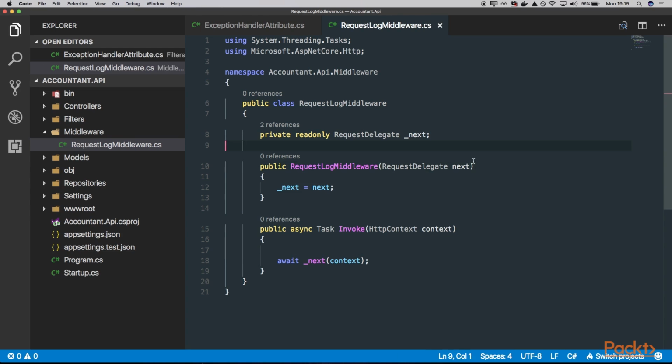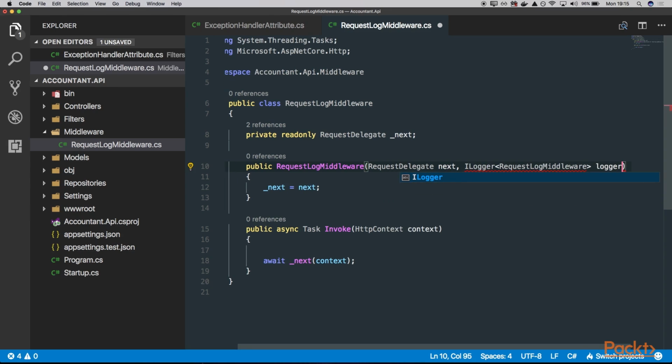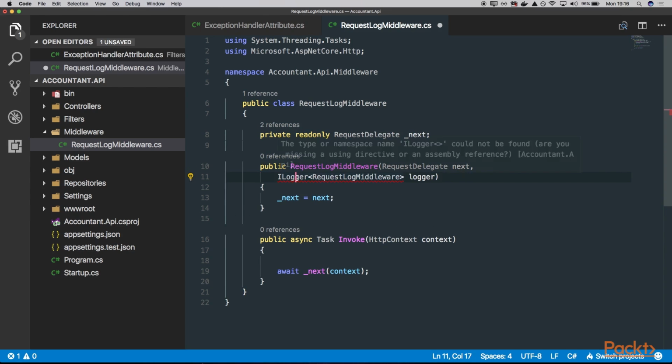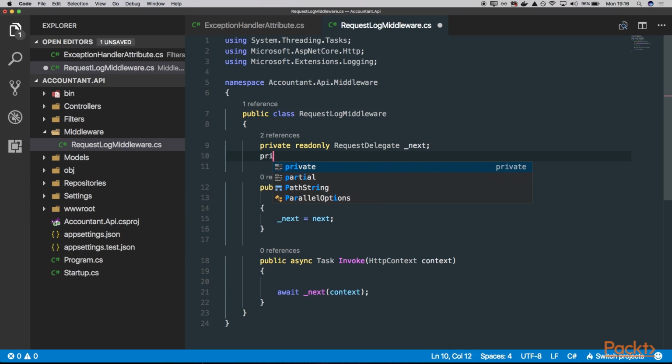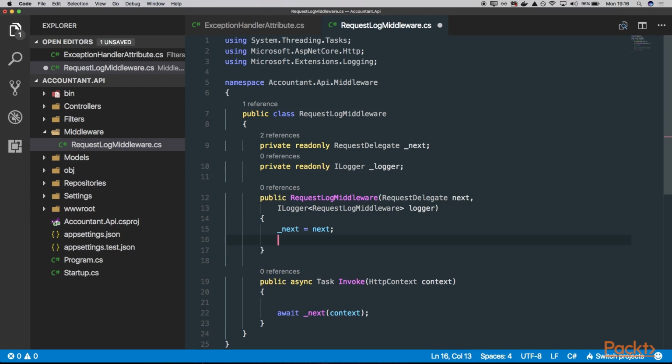So let's say we would like to log this information. So we can also inject here other services. Just keep in mind that whatever you inject in the constructor will be only created once when the middleware class is created. And if you inject services here in the Invoke method, they will be created for each HTTP request. So let's inject here our logger, ILogger of RequestLogMiddleware, logger. Add the using here, assign it to a private field, and let's just say here logger.LogInformation,